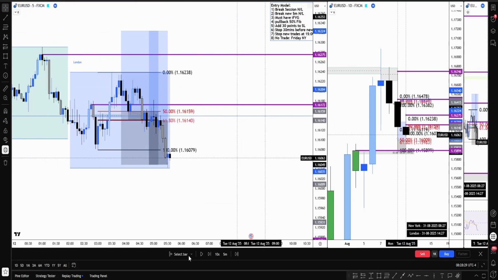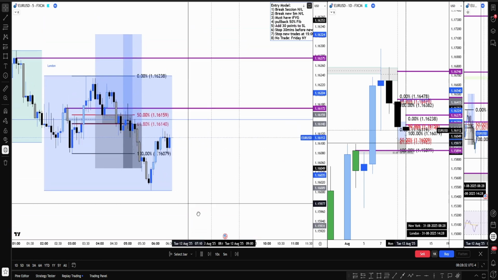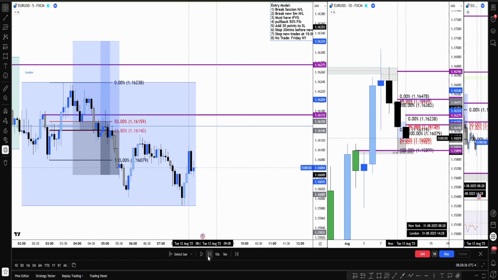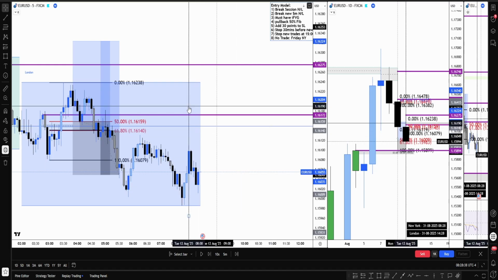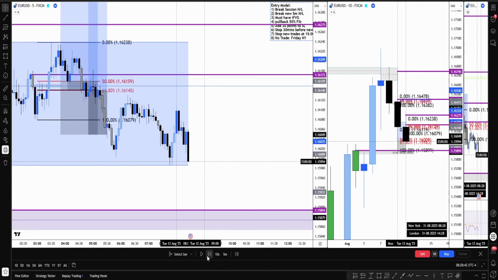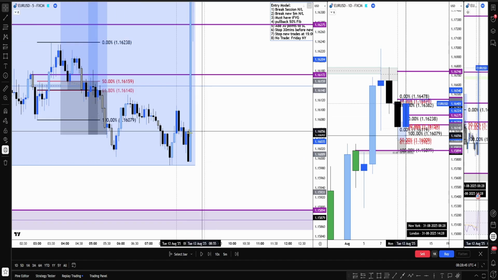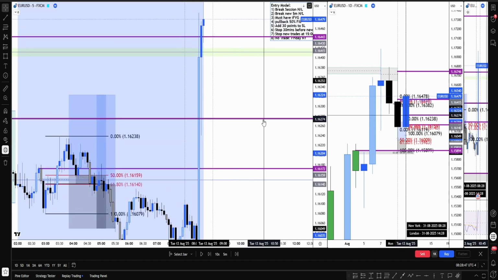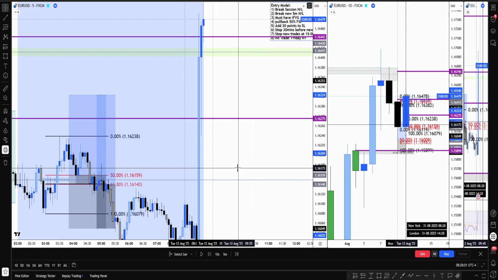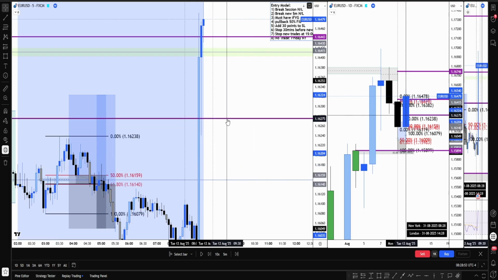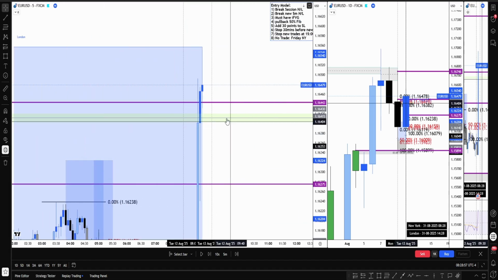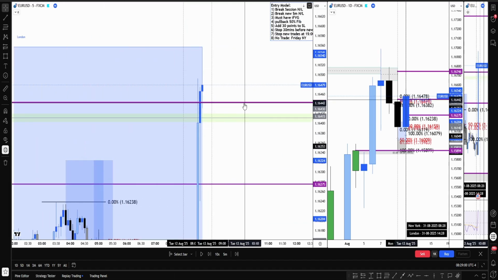Now we have to wait, so that's why I'm just zooming out here a little bit. Okay, there's the news. Oh, the news is at 8:30, right? So the news at 8:30, so let's move forward. Oh, you see, that's the news. There we go. We shot up. We now do not look for a buy anymore. We're now looking for a sell. But we have to wait until New York open in any case. So let's just do this.